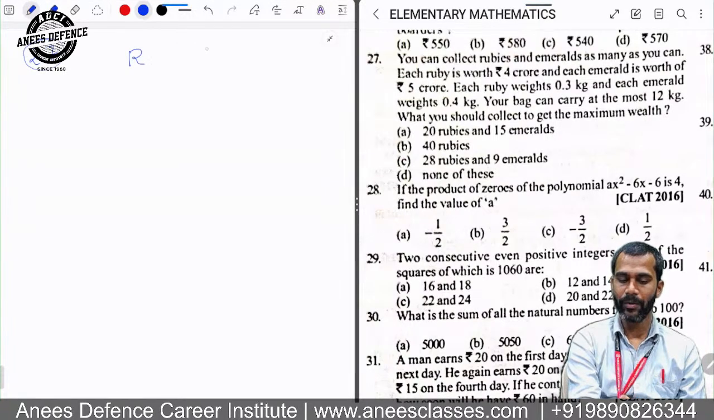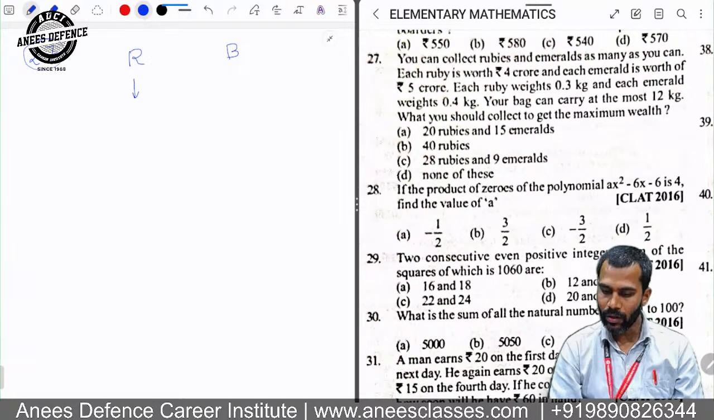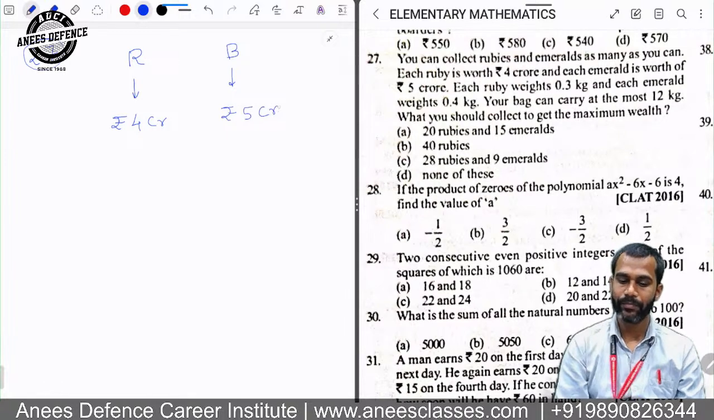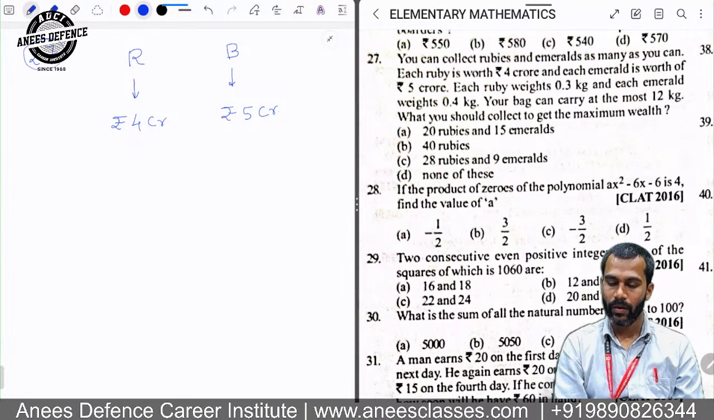So there are two items, R and B, suppose. And for each R, what is the cost? It is rupees 4 crore. Yes or no? And this is nothing but rupees 5 crore. Yes or no? And now we need to see each ruby weighs how many? 0.3 kg. Yes or no? So we need to find out